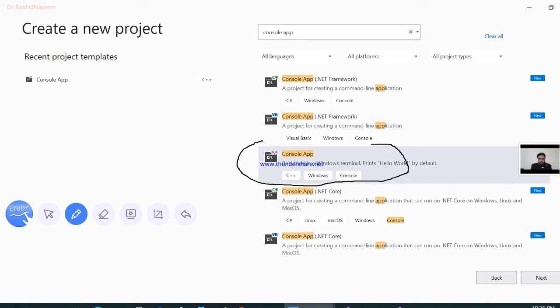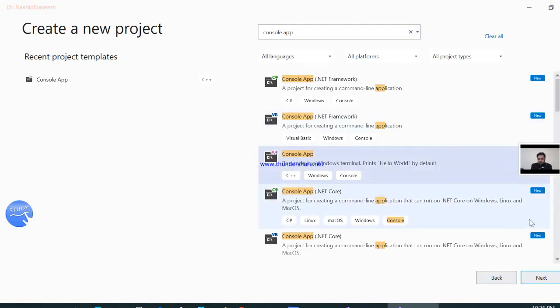This option is the console application that we want to create, like Hello World and other desired programs using C++. So we need to click on this option and then click on the next button, just in the bottom right portion of this window.